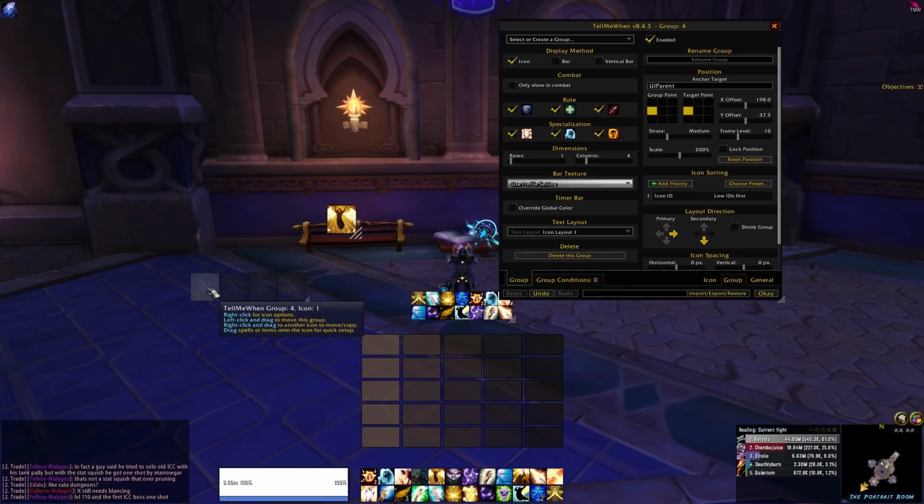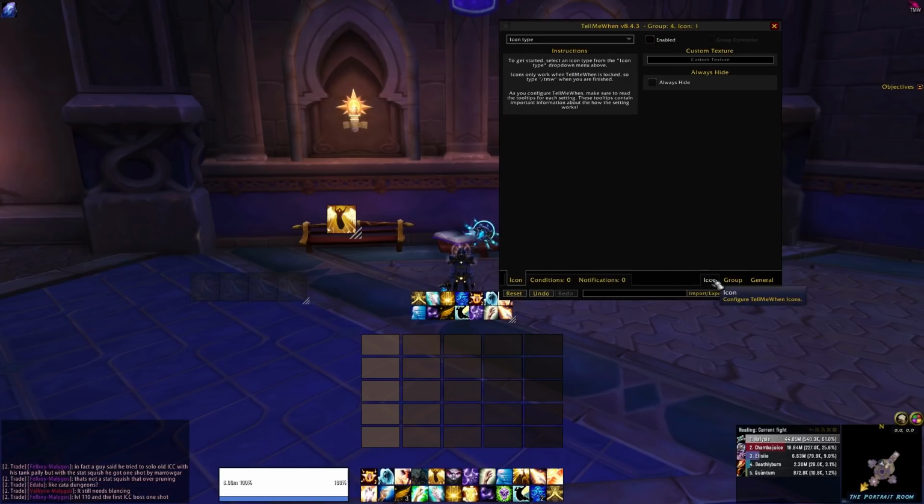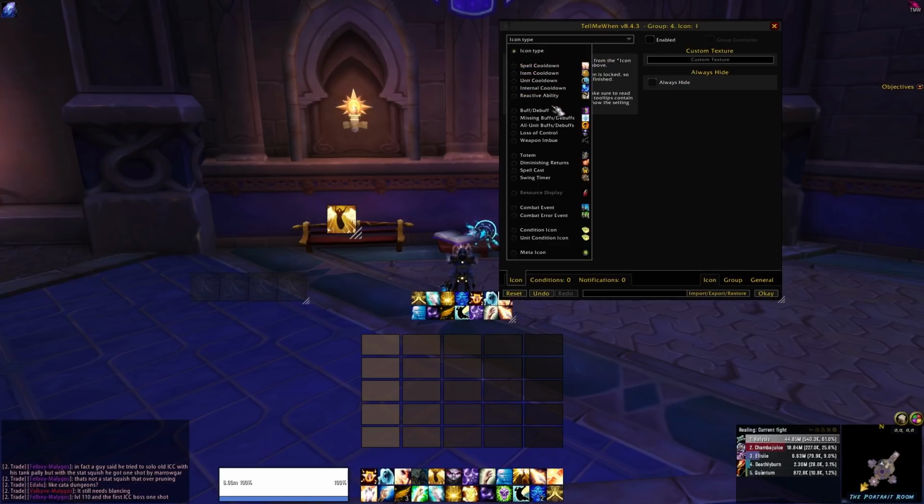But the main thing we're going to talk about here is just make sure that you right click on an icon, and then you go to the icon tab here. And these are all the different things you can track with TellMeWhen. You can track different buffs, like I said. You can track unit cooldowns, item cooldowns, spell cooldowns, diminishing returns, all sorts of stuff. But in our case here, if we're going to track when our prayer of mending is off cooldown, we're going